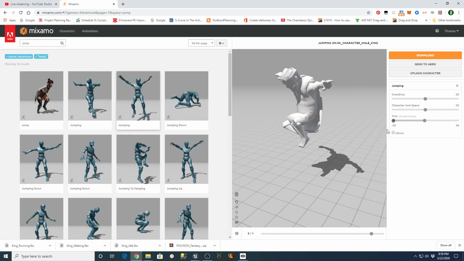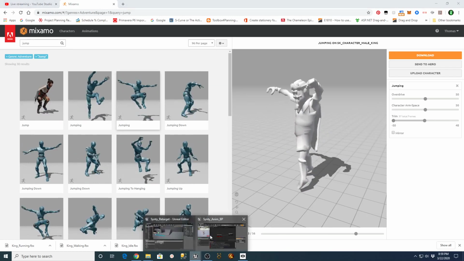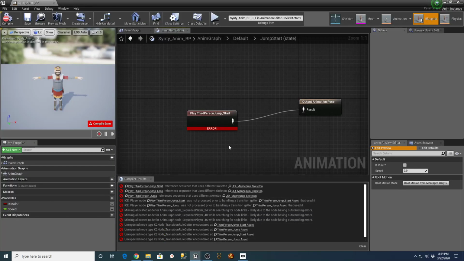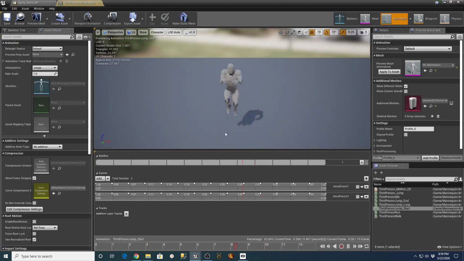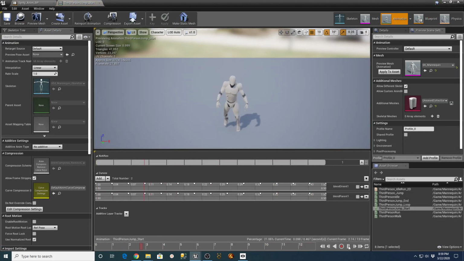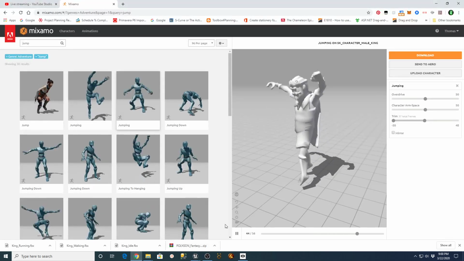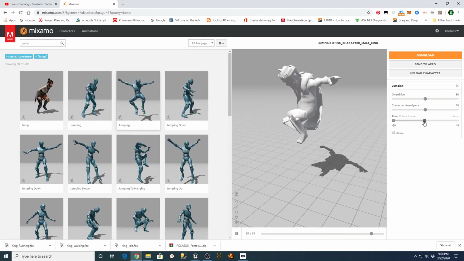But we're gonna figure this out real quick, and I'm gonna do it this way. I'm gonna go into the third person jump start again, and I'm just gonna look at how many frames it is. So this is 13 frames of starting to jump. And I'm gonna take the same approach out here and get 13 frames of this in the beginning.